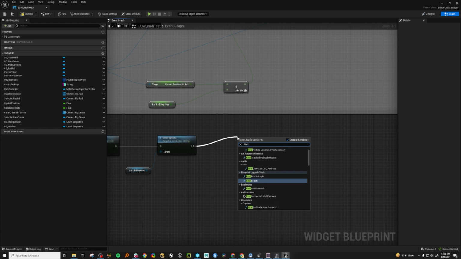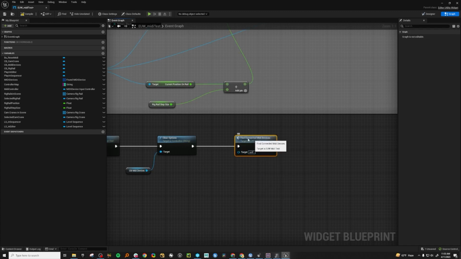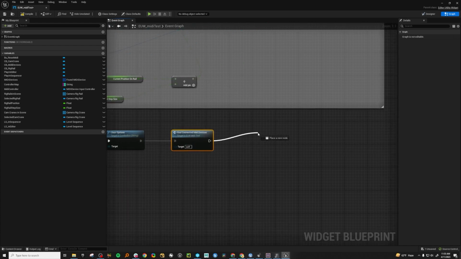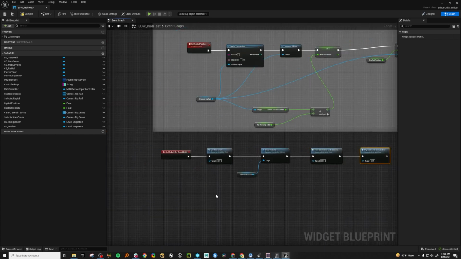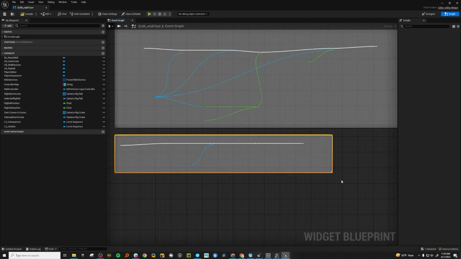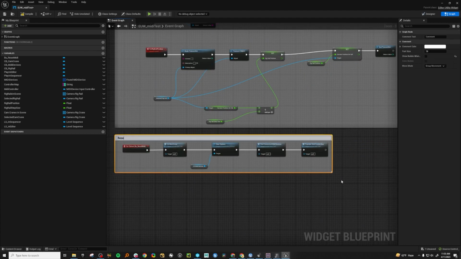So with our custom events that we've made, let's find the connected MIDI devices, and then we will populate the combo box again, the MIDI combo box. So if you've added any device, instead of having to reboot the tool, you can just hit this button. So let's go reset button,